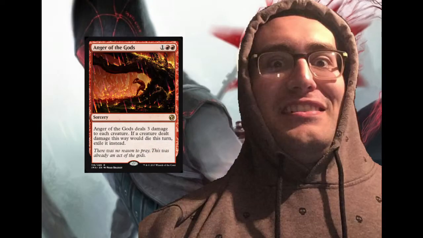We also have Empty the Warrens to create goblins in our main board, and that's very strong against decks like Jund or certain control decks. I'd say it's good against Jund. It's good against Mardu if they don't hit Anger of the Gods, which is 1 red red, deal 3 damage to all creatures. It's very good against slower, fair midrange decks because we can produce about 10 goblins, then